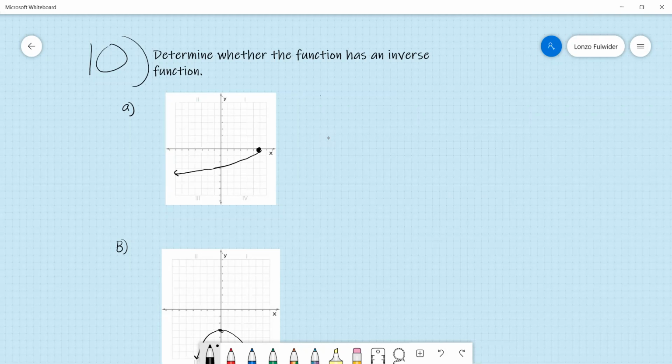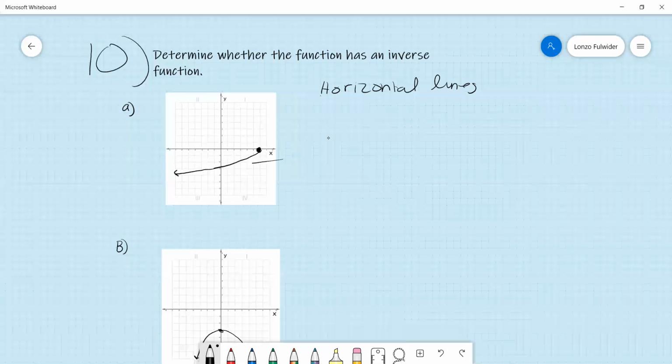You have to do the, I mean, not vertical, horizontal. I always get that confused. Horizontal line test. So remember, horizontal. You just put a line through this, and if it hits it more than once, then no, it's not an inverse. If it only hits it once, then yes, it has an inverse. So this right here only hits it once, so yes,